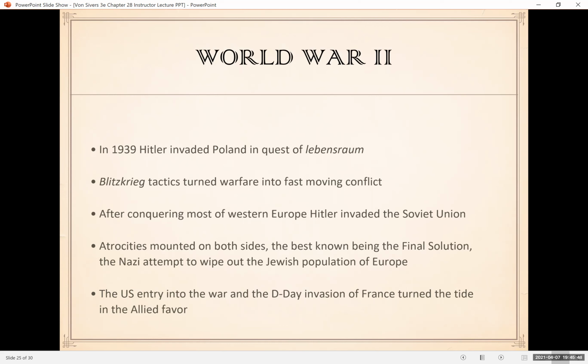Neville Chamberlain meets with Hitler, with Mussolini, and the man who's representing Czechoslovakia is out in the hallway, not allowed to come into the meeting. Meanwhile, Neville Chamberlain agrees to the Munich Agreement in 1938, which basically gives Czechoslovakia to